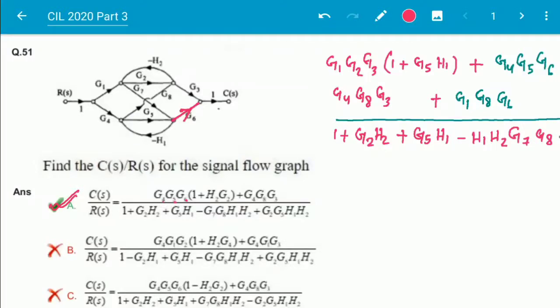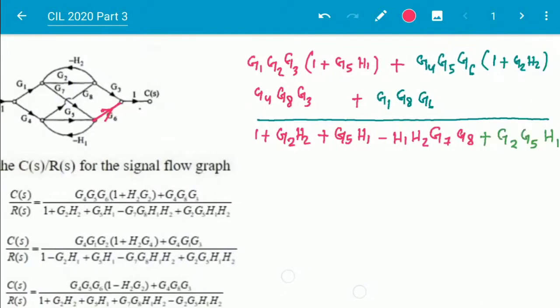It may not be visible to you. You can check your response sheet or anything, as the quality of the paper was very low, the writing quality was very low. This is why this is not visible. This may not be visible, but I am solving the problem by taking G6 in this direction.